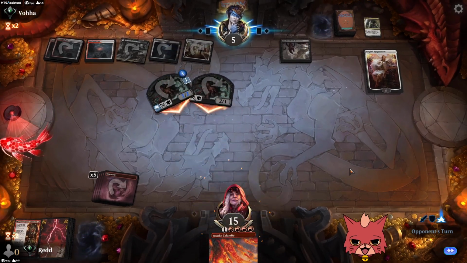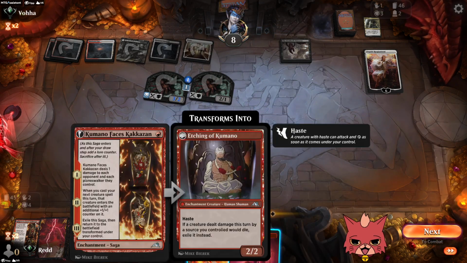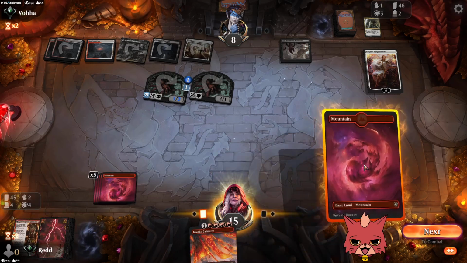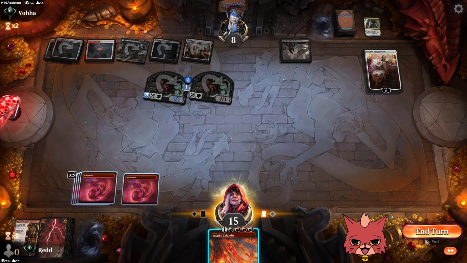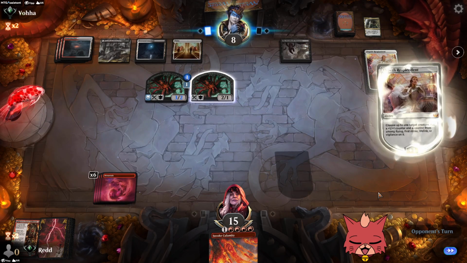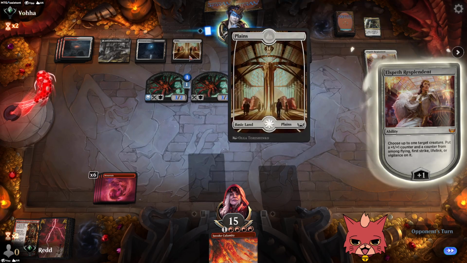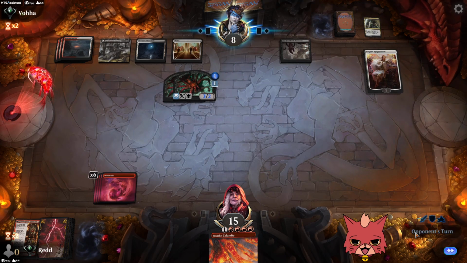Swing for 5. Elspeth is huge there. Oh, another land, guys. Oh, no. Yeah, no. It looks like it's going to be the opponent's here. A -3 on the Elspeth would be not what the opponent's doing there. Okay, well, it's still 6 damage on the ground, so...